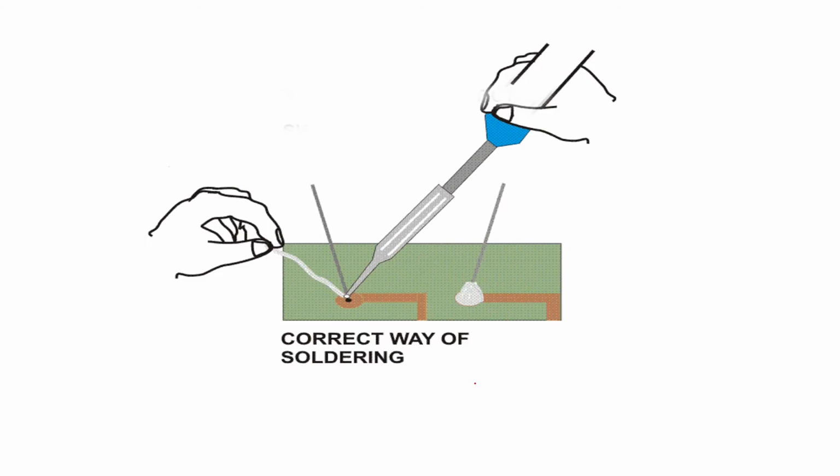Then the correct way of soldering is shown over here in this diagram. In one hand you can hold your lead. So this is the lead which is going to melt. Okay, and in one hand you can have your soldering iron. This is a soldering iron. So this is the point where you want to join two things. So this lead should be heated, properly melted, and at that joint you can put that melted lead, and then it will join the two things.